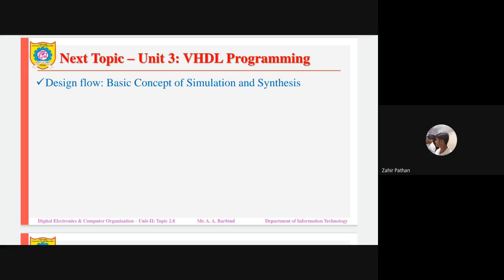In the third unit, you are going to learn VHDL programming. You will go through simple programs, and later somewhat complex programs, with which you will be able to configure either SPLD or CPLD or FPGA.